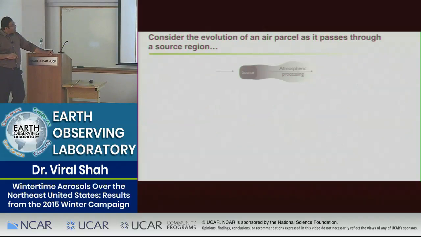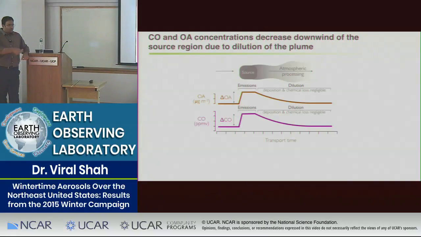So let's look at the sources in a different way. It's kind of a Lagrangian perspective that aircraft observations are very suited for. So imagine an air parcel moving over a source region like a big city. As it moves, it picks up emissions of CO, organic aerosols, NOx, all sorts of things. And as it moves downwind, there are physical and chemical processes that go on that reduce,